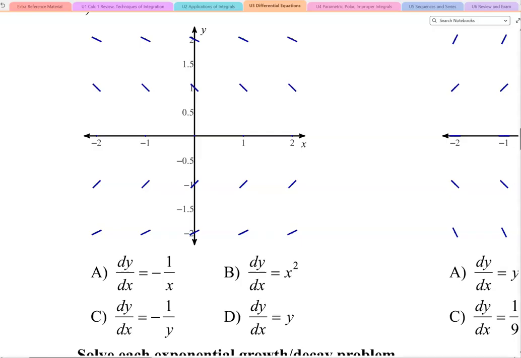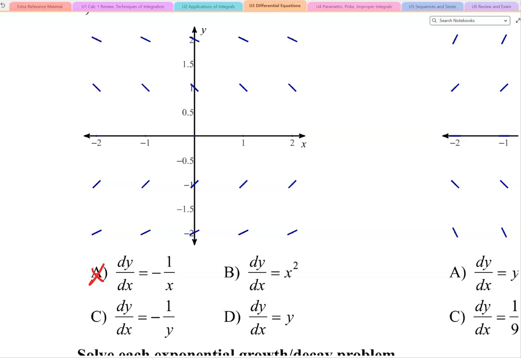So I'll note that each of these slope field indicators occur at multiples of 1, so that makes things a little bit easier. If I just start picking some arbitrary quantities to substitute into the equation, we can start checking the slope field. So when x is 0, for example, 1 divided by 0 is undefined. So anywhere along this position here, I should see slope field indicators that indicate an undefined slope. Well, an undefined slope would be a vertical slope, so a vertical tangent line. And in this case, we have a couple of them where the slopes are defined. So I know right off the bat that this is not a good choice for our multiple choice option. When I switch over to B,